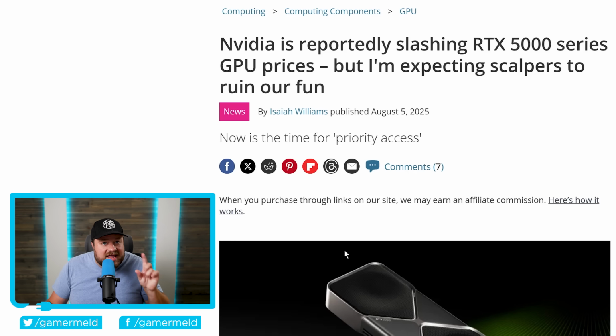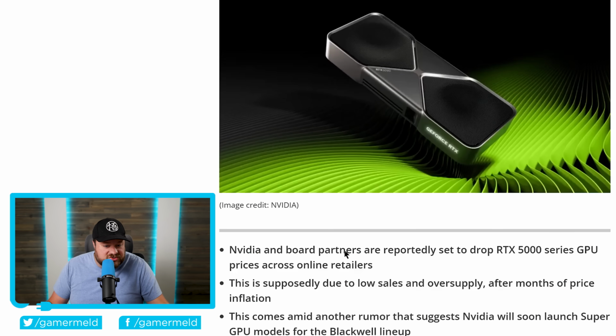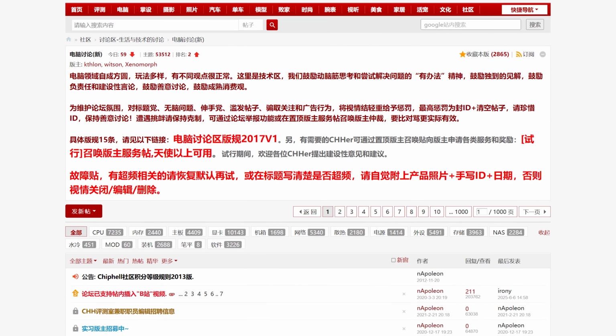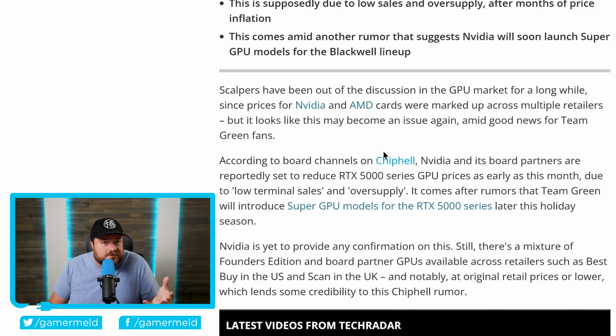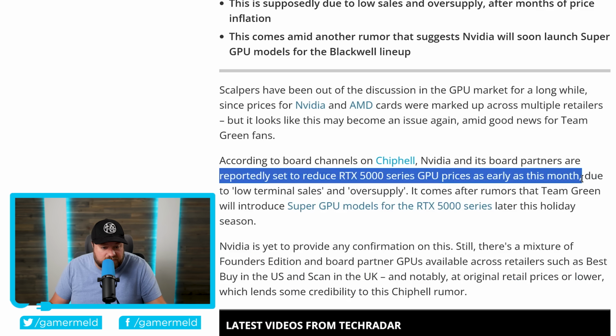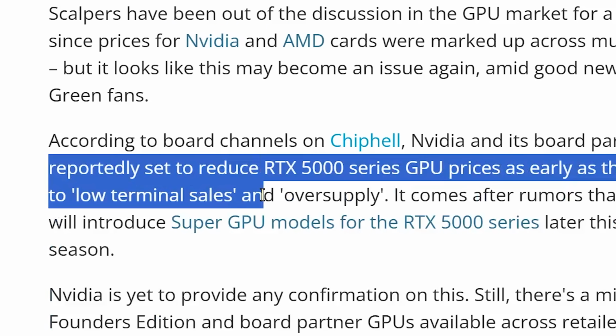And next up for today, a few videos back, I covered a story that ultimately comes from the Board Channel's forum on ChipL, which is ultimately a forum for board partners to discuss products. So there's a lot of great leaks that come from that. This time, as you can see, it claimed NVIDIA and its board partners are reportedly set to reduce RTX 5000 series GPU prices as early as this month due to, quote, low terminal sales and, quote,